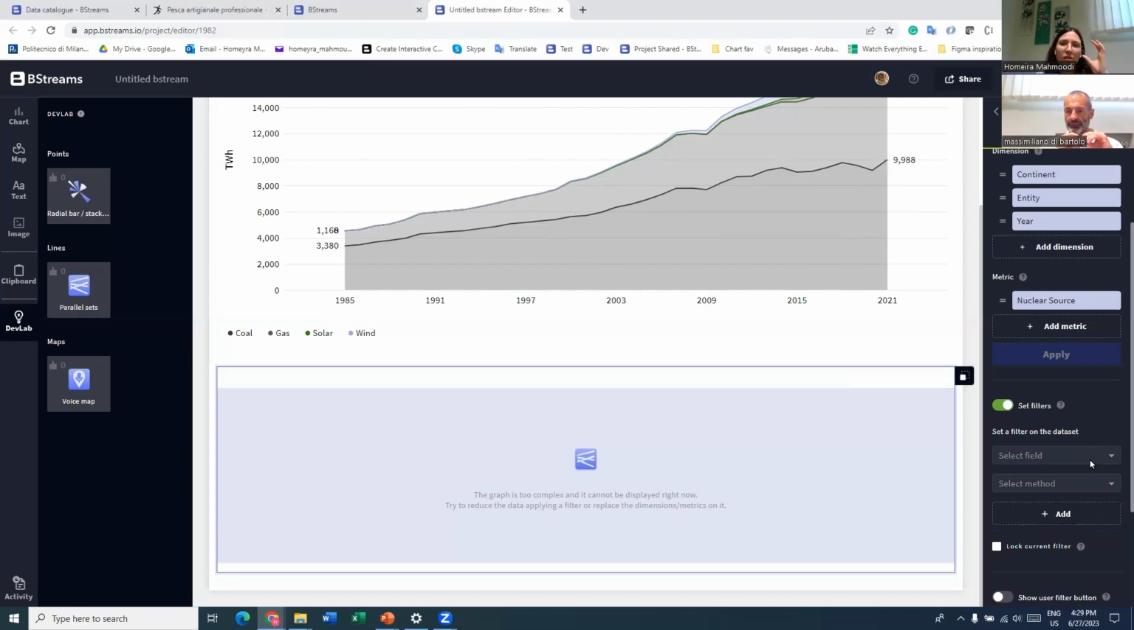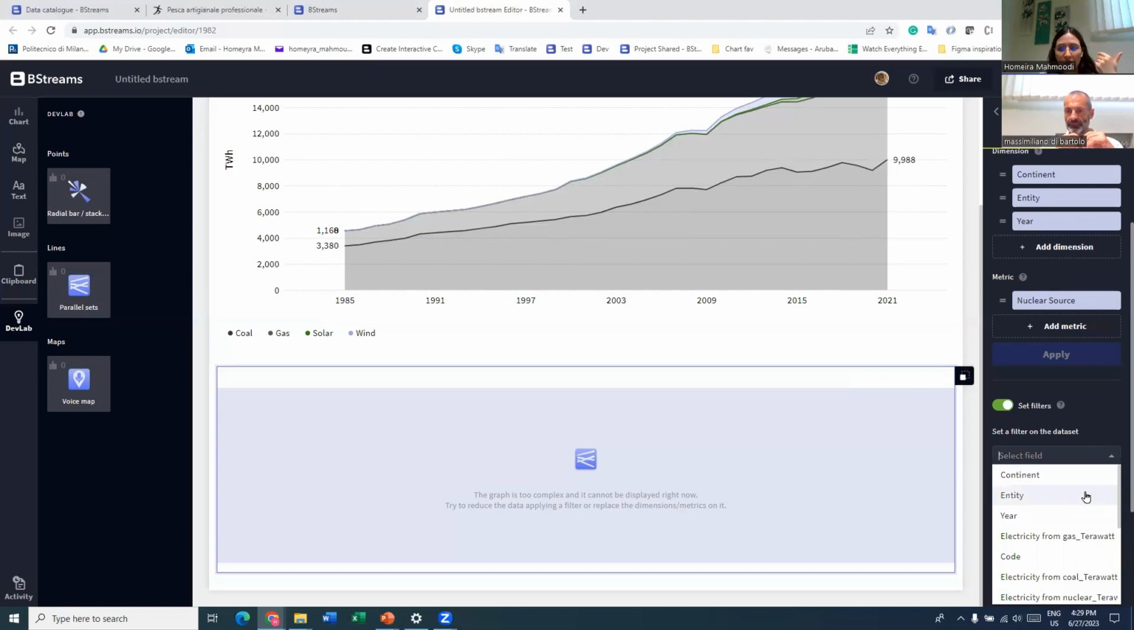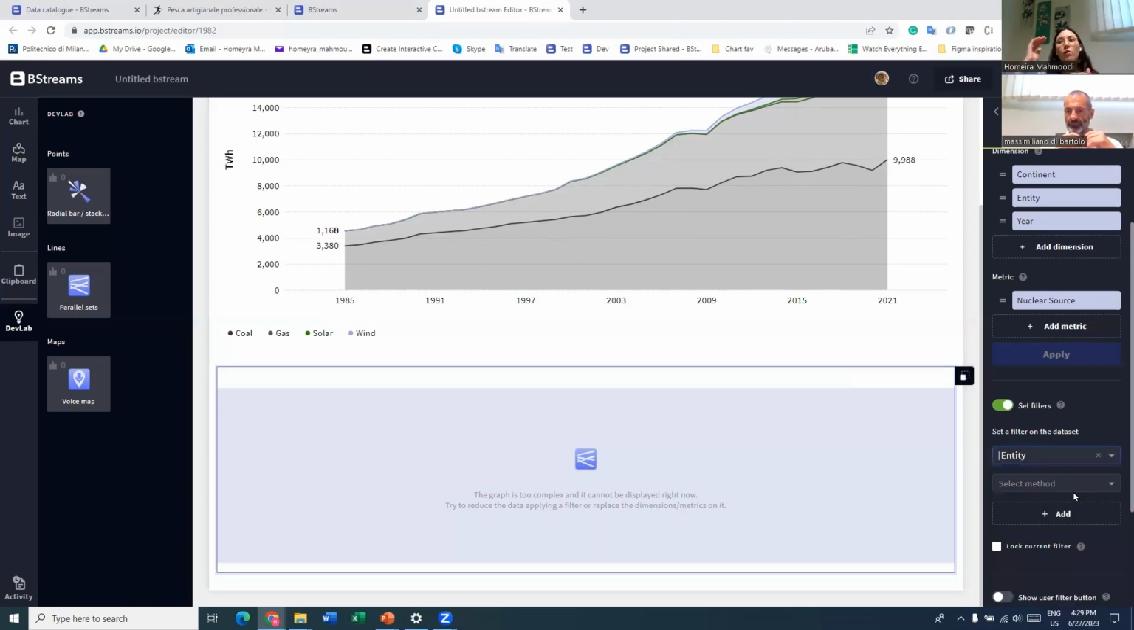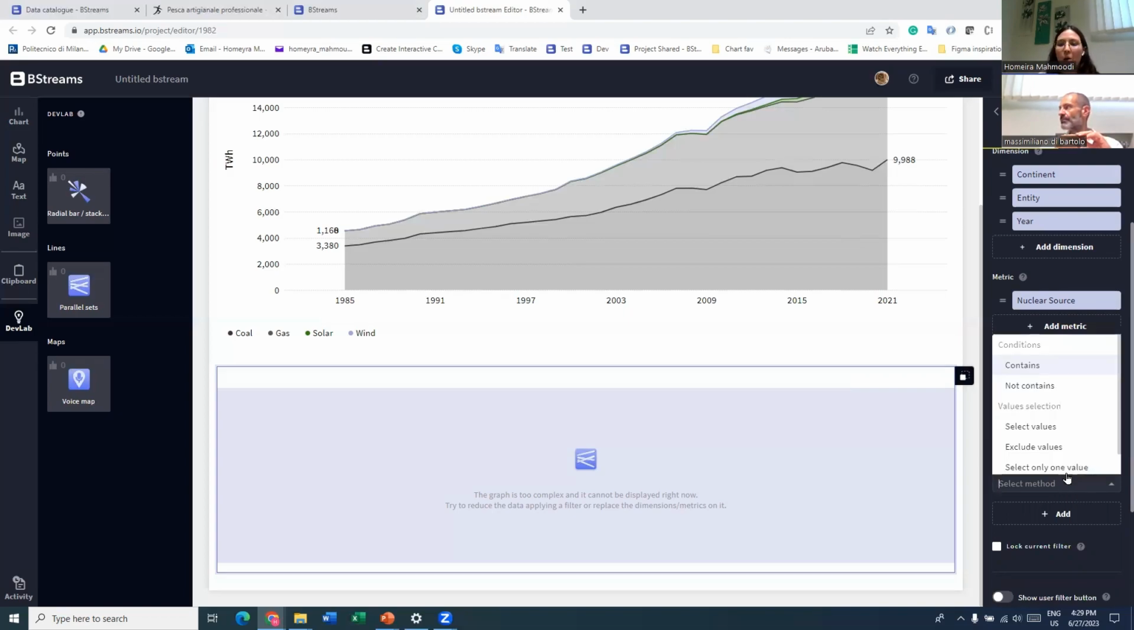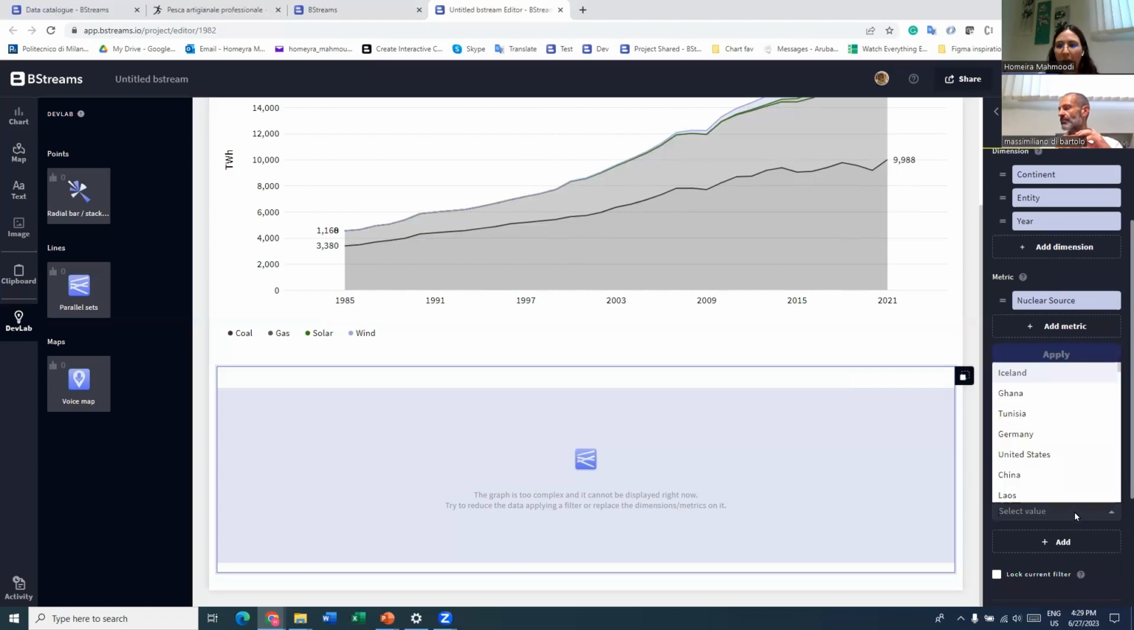So the first filter that I want to choose is based on the entity, because I want to visualize some specific countries, and I want to filter based on the country. So for the method, I will select the select values. And for example, as I said before, I want to visualize some specific countries. So because